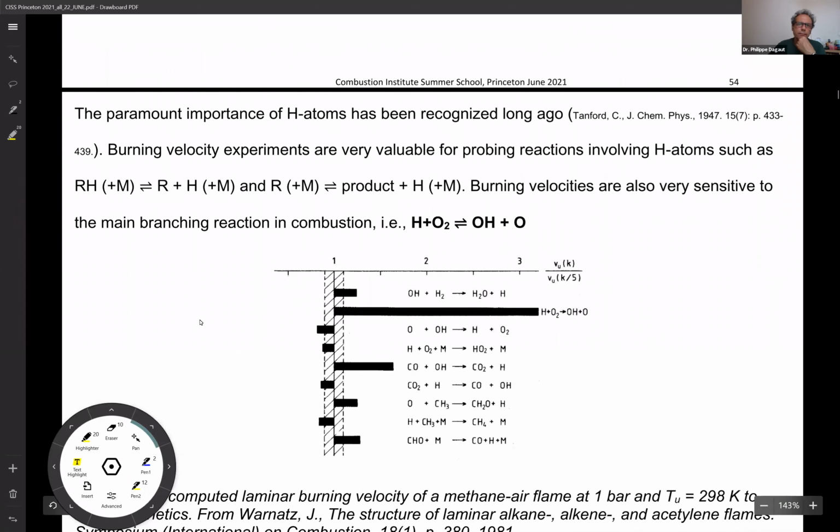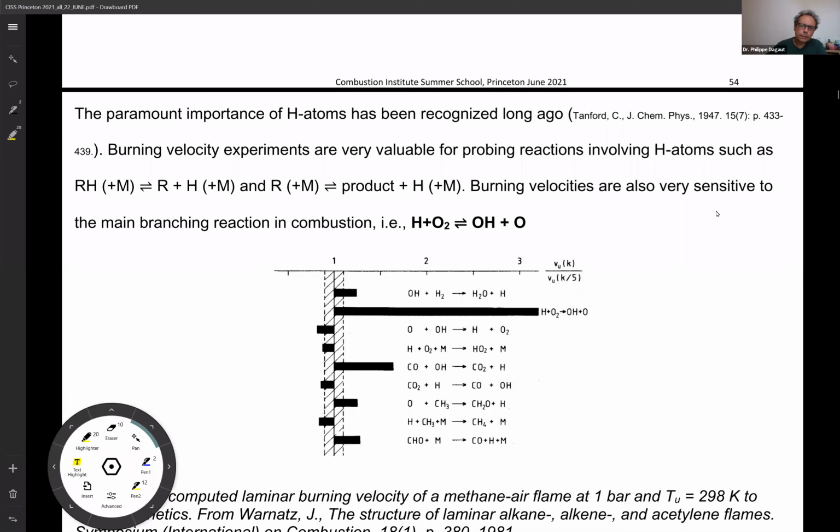H atoms are really very important in combustion, and it has been recognized a long time ago already, for example, in this paper in 1947. Burning velocity experiments are very valuable for probing reactions involving H atoms, such as this decomposition reaction, and also a decomposition of a radical forming H atom. Burning velocities are also very sensitive to the main branching reaction in combustion, which is H plus O2 giving OH